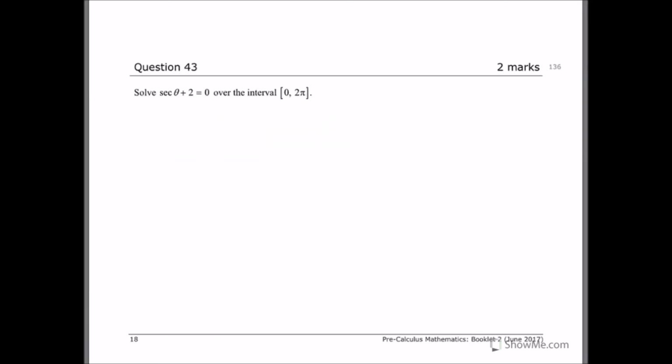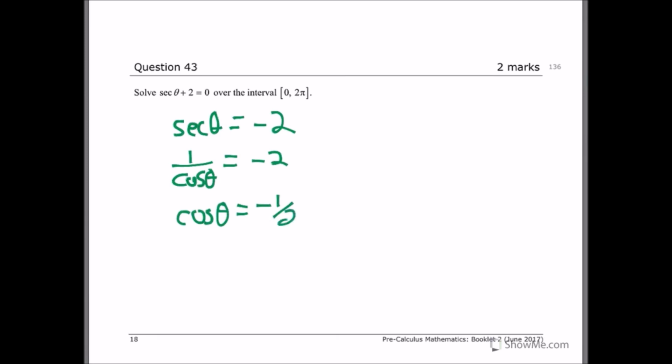43, secant theta plus 2 equals 0. Solve over the interval, so I want where secant theta equals negative 2. It's just a simple trig function. This is where 1 over cos theta equals negative 2, so cos theta equals negative 1/2, and that happens on